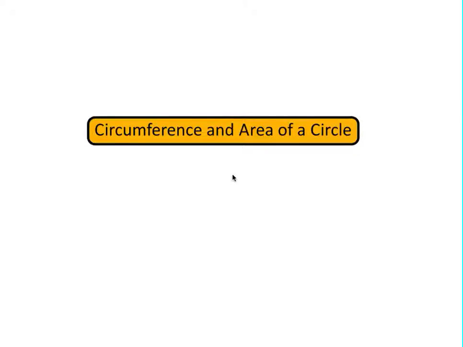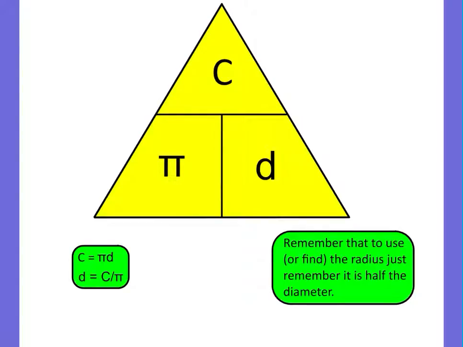In this video, we're going to look at the circumference and area of a circle. Okay, so let's start off with the circumference. There is a formula, and that is that the circumference is pi times the diameter, or the diameter is the